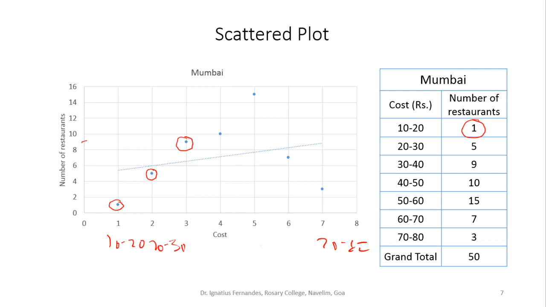Now scatter plot is usually used for forecasting. Suppose you want to look at a linear trend or a parabolic trend. What are the trends that are followed? This is something that we'll be discussing later. Now you'll see a line here. If I have to fit a trend to this, it will be something like this. So scatter plot is more for the sake of forecasting. This is called a scatter plot.